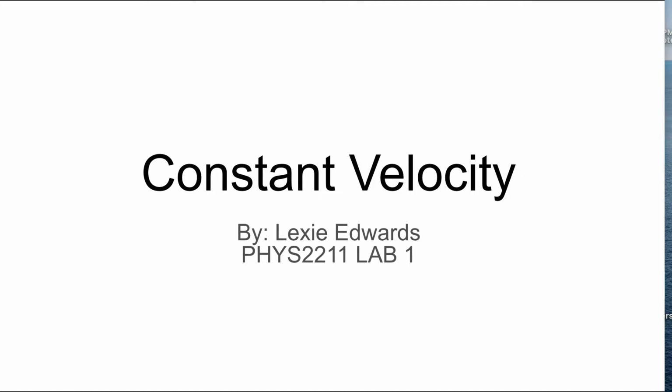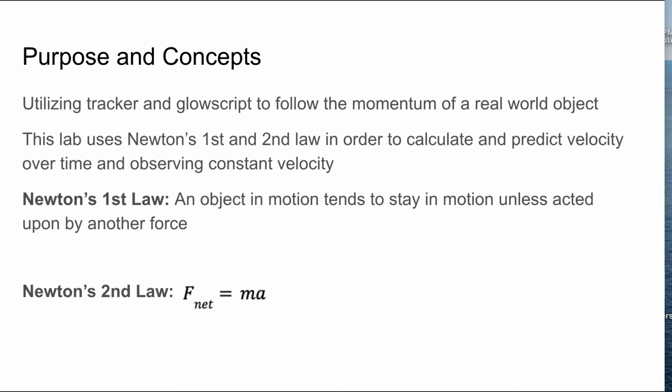Edwards, and this is my Physics 2211 Lab 1 on constant velocity. The purpose of this lab is to utilize Tracker and Glowscript to follow the momentum and position of a real-world object and predict its position in the future. This lab uses Newton's first and second law in order to calculate and predict velocity over time and observe constant